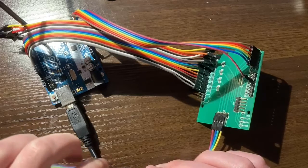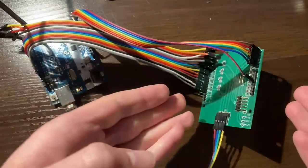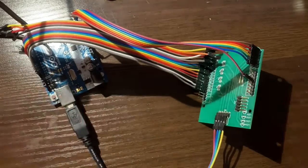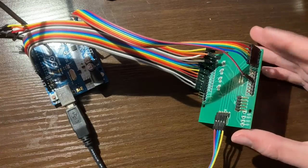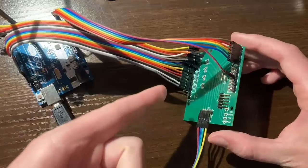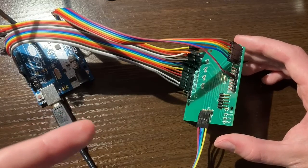Here's an update of the board. So right now I just have it connected to an Arduino and to here through hookup wires just because it's easier right now. The main issue that I was talking about earlier was that the PCB pick and place process